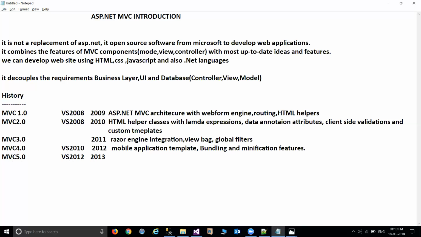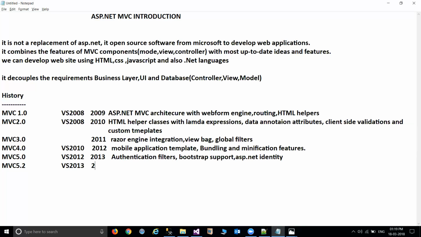This is again with Visual Studio 2012 and 2013. It has filters like authentication filters, bootstrap support, and also ASP.NET Identity. Right now the current version we have is 5.2 with Visual Studio 2013.